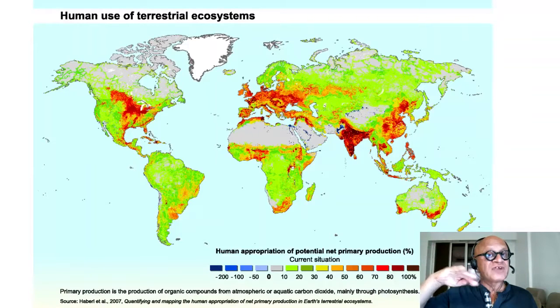Now, in terms of carrying capacity, we are at 1.25 or so. So we are going to soon run out of the planet and maybe colonize other planets or grow potatoes on the Moon and Mars and who knows, right? You can see that in places like India, a huge proportion of the terrestrial ecosystem is used up by human beings, as well as China, Europe, parts of the US, and so on.